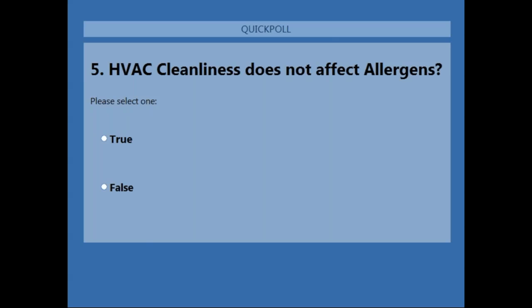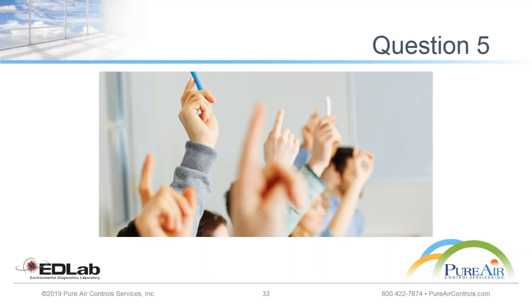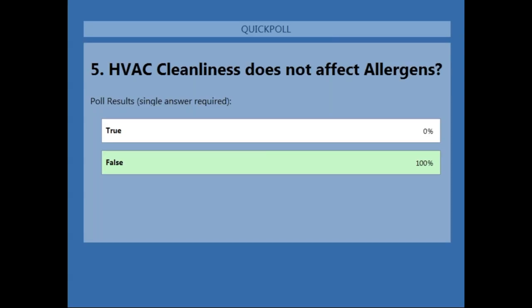But it does bear mentioning that you look at certain statistics like 1 in every 6 people suffering from allergies inside of a building are doing so because of the cleanliness of the ducts. So, you look at that kind of stuff and it really adds up. Hey, we're looking at 100% accuracy here on this one. And I'll share the results there. And there you go, 100% accurate.